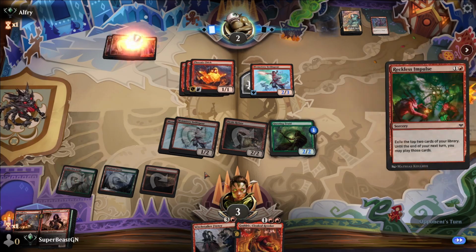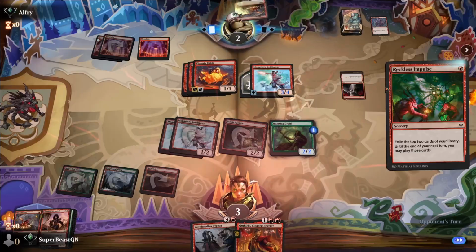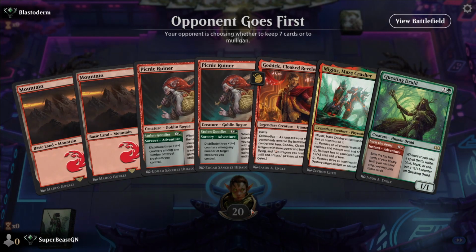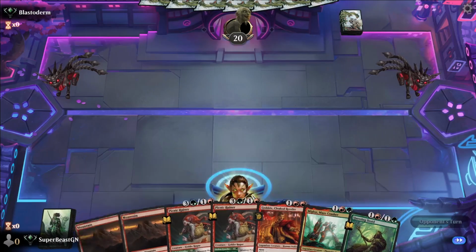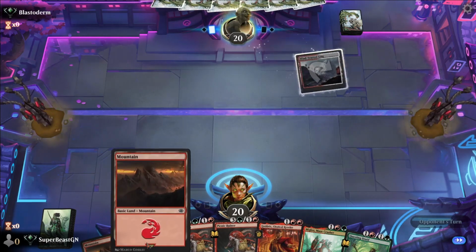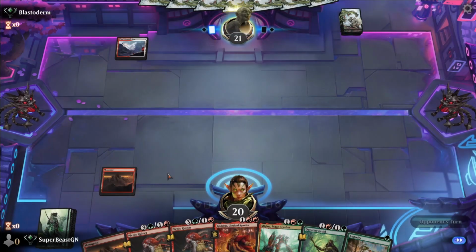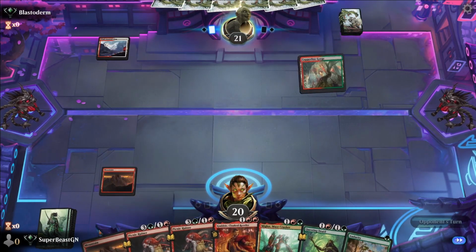Nothing we can do. We don't have flyers. That is game. Opponent goes first. We don't do anything till turn 2. It's pretty much game over, but we'll keep it. We need green to make this awesome, but...